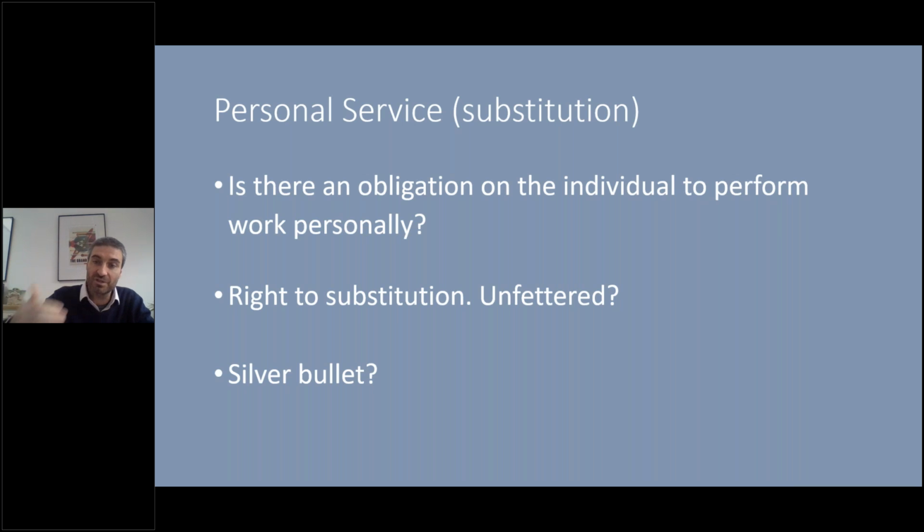In reality, of course, the client is going to want to know that the person that you're sending as a substitute should be equally qualified as you, able to do the job, not a lunatic, etc. That shouldn't actually impinge on the right to substitute, though HMRC would probably take a different view. But I believe that the case law shows that they have a right to make sure the person's qualified, but you still have the right to send that substitute once those basic conditions are met. And I think that still means you have a right to substitution, and that should still mean that IR35 should not apply. And I think in most cases a tribunal would agree with that.